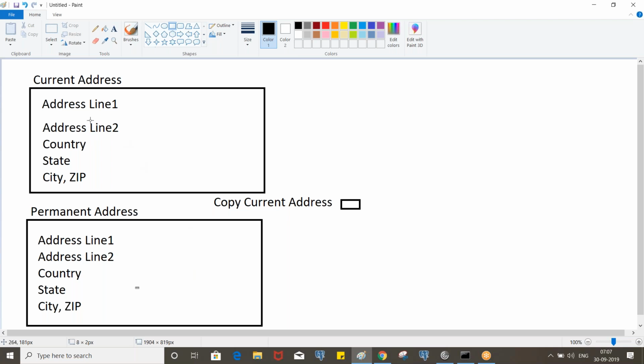Properties are the same, but can we use the same property in multiple places? Let's say in the section, if you use address line 1 in the current address as well as the permanent address, it will hold only one value, right? So in address line 1 you enter, let's say, Hydernagar.